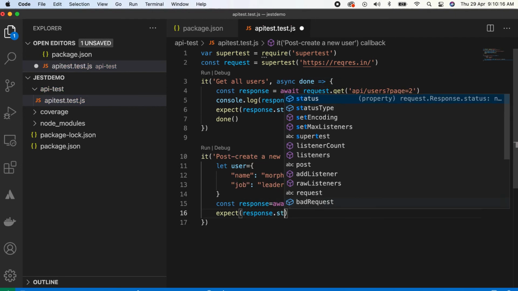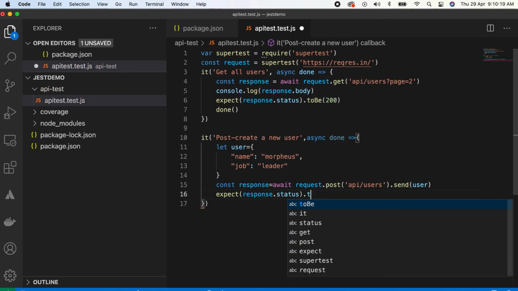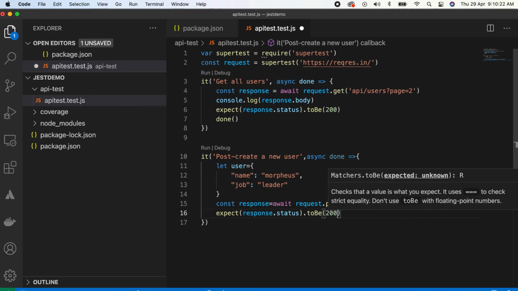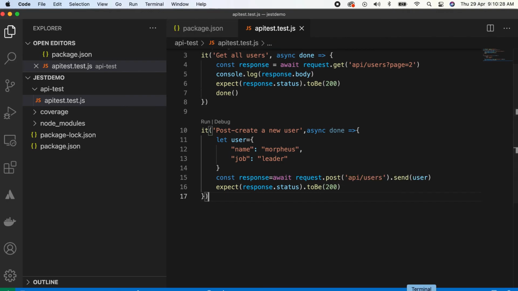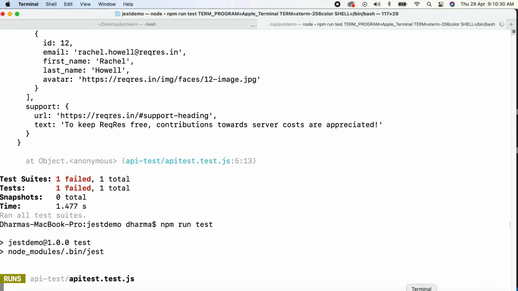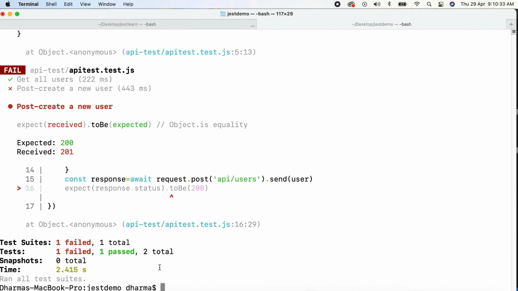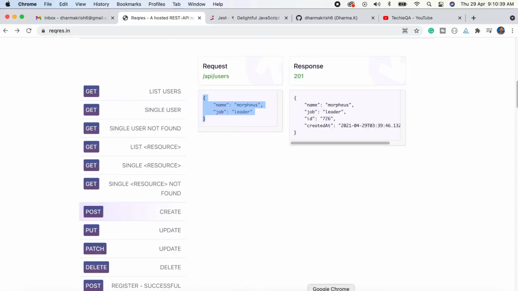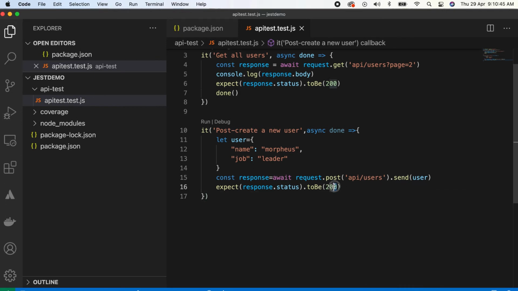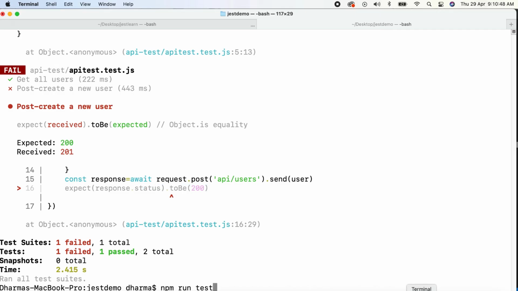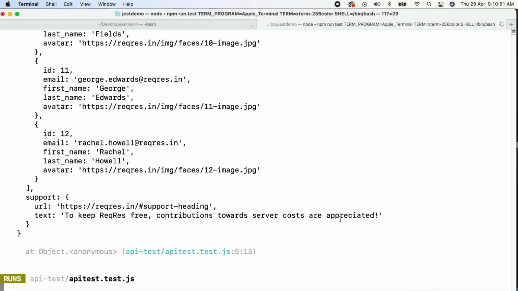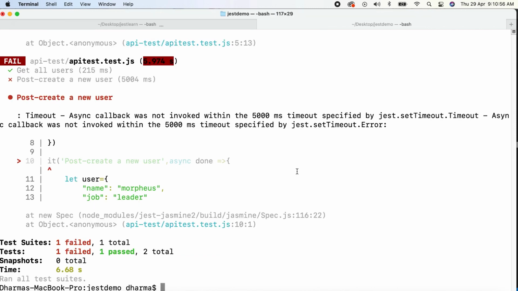Then now we just need to write expect response of status to be 201. It should be right. Like make it just 200, let's see, it should fail. It should say it should be 200. npm run test. One failed because received is 201. That means it's passed, it created, because create will give 201 only. See, response is 201. So we just checked it is fine. So now if you run again, the two test cases will pass, which are create user and get all the users.